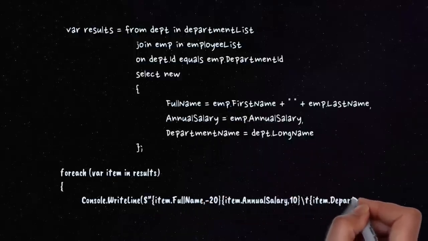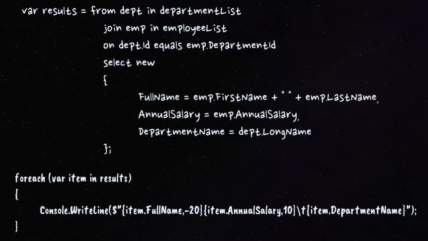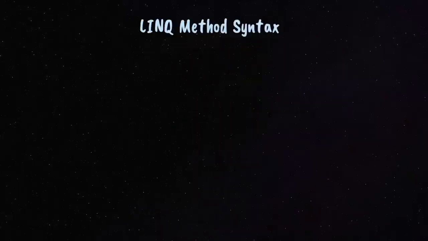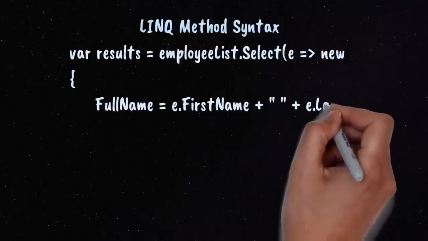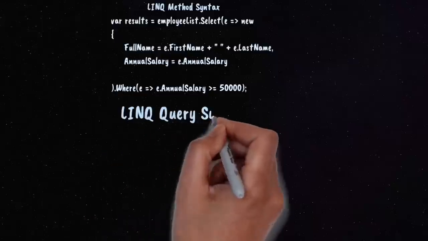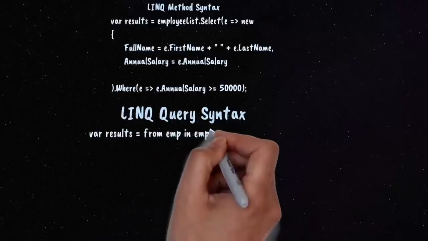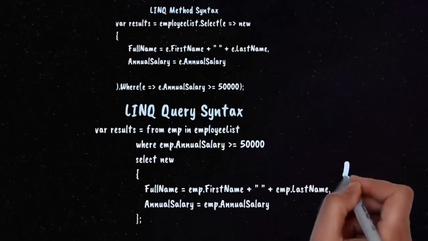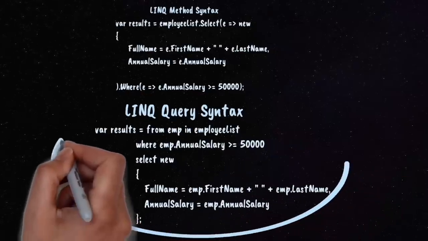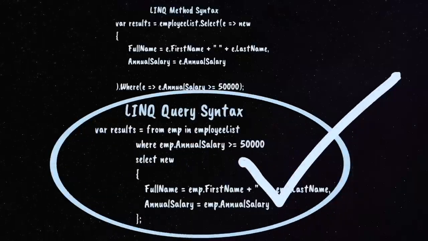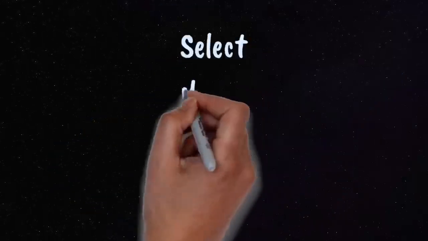In this video, we'll demonstrate examples where we'll create LINQ queries using method syntax and subsequently show how we can express the same LINQ query using query syntax. As discussed in the previous video in this series, query syntax is recommended because the logic within the query syntax is easier to read. In this video, we'll look at code examples using the following LINQ operators: select, where, join,